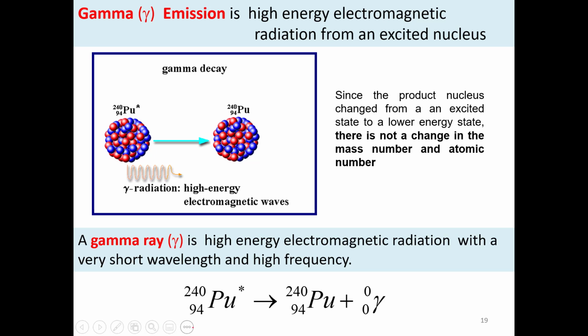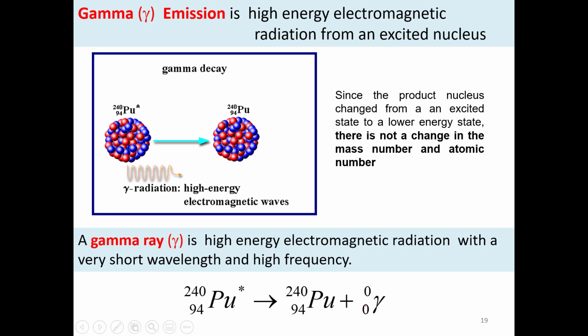Then how can we write that? This asterisk here indicates this is the excited state of the plutonium. Because there is no change in protons and no change in neutrons, there is no change in mass number. Then we will have the same plutonium, but without the asterisk, meaning now plutonium has a lower energy state, but